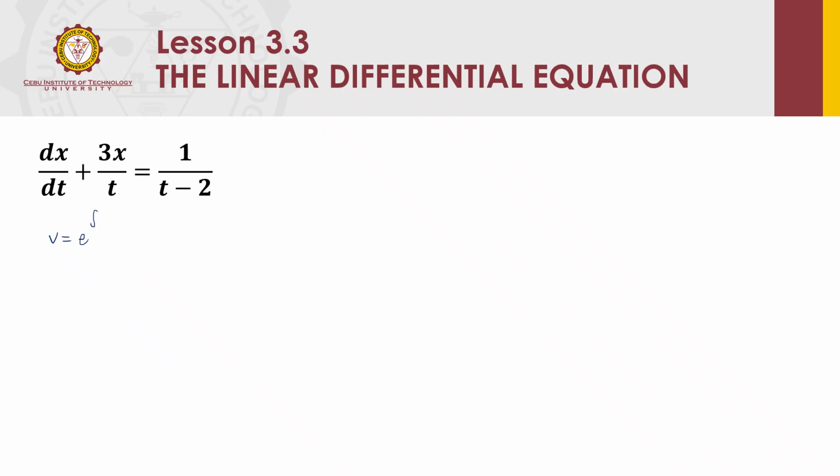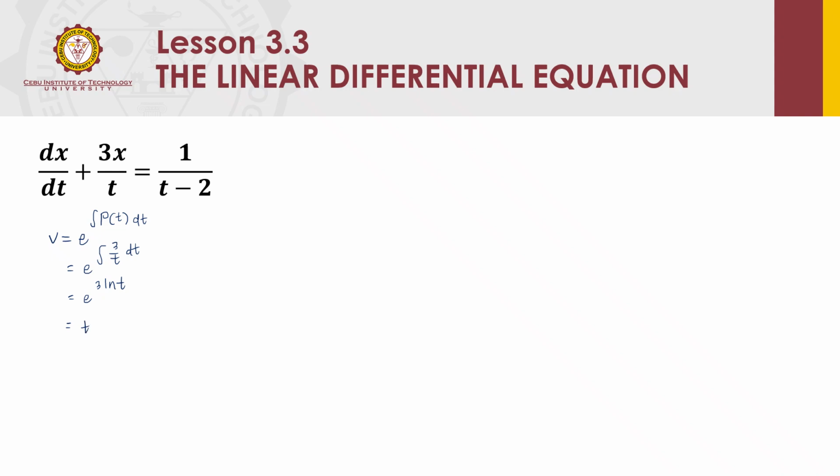The integrand is a pure function of t, and then integrate it with respect to t. So e to the integral of 3 over t dt, that's e to the 3 ln of t, or ln of t cubed,